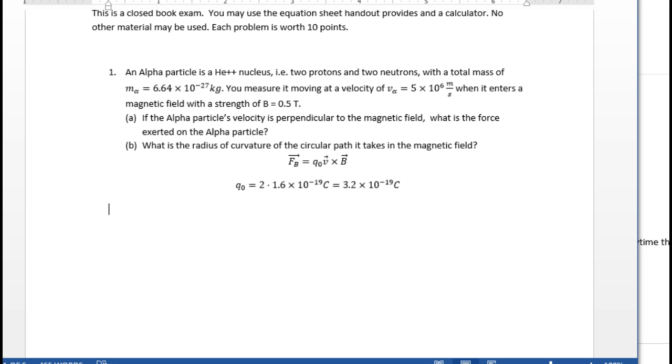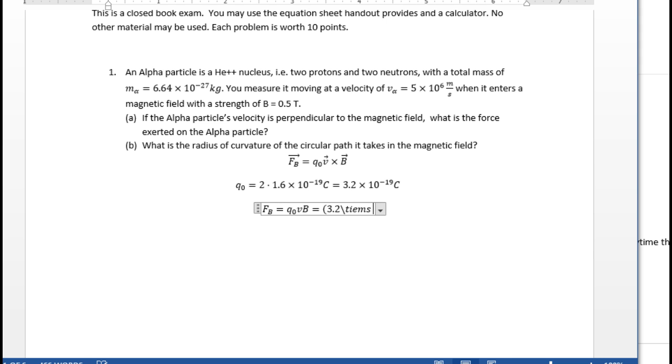We have our velocity of 5 times 10 to the 6 meters per second. We have our magnetic field of 0.5 Tesla. We're told in part A that they are perpendicular, so the cross product is just QVB. So in the end, we have the force of the magnetic field is QVB,